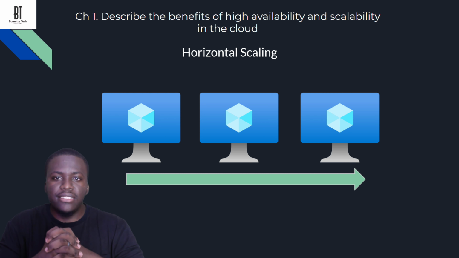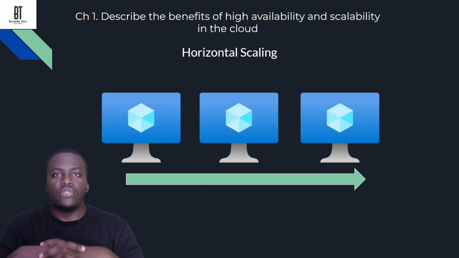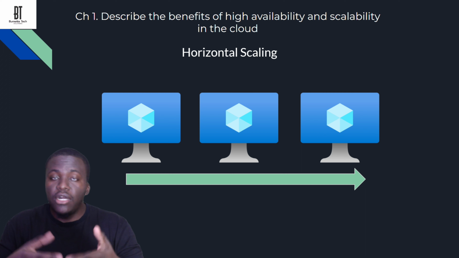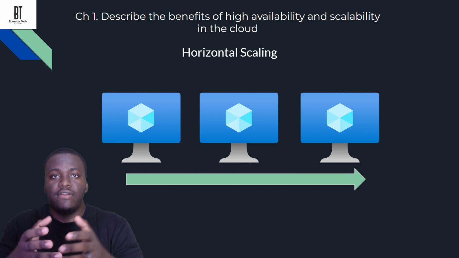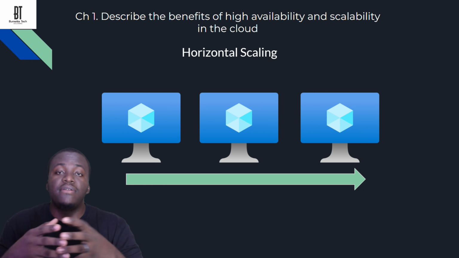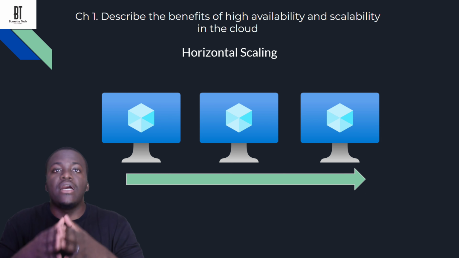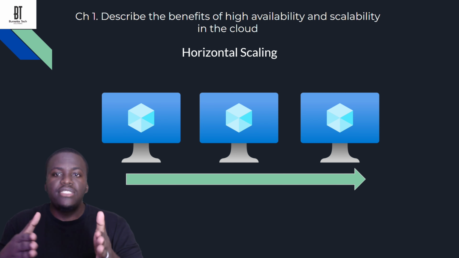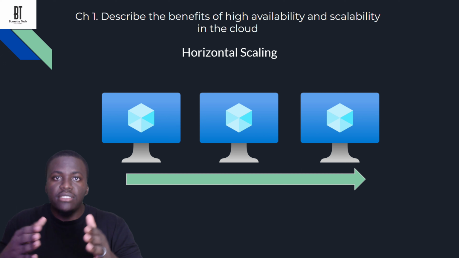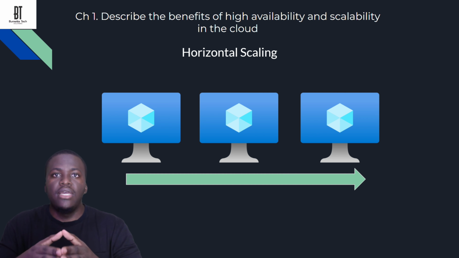So in a case like this, instead of increasing the CPU or the RAM in one virtual machine, you will increase the number of virtual machines that you have. So if you have a web server, you will increase the number of web servers. If you have containers, you will increase the number of containers. So horizontal scaling is scaling out. So you're increasing the number of servers, you're increasing the number of containers, you're increasing the number of resources that you have,